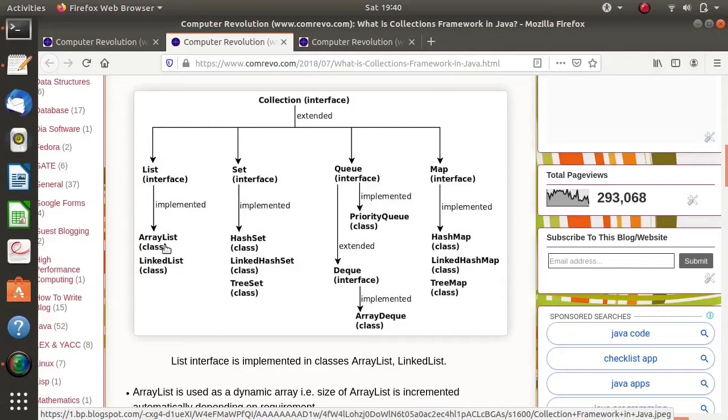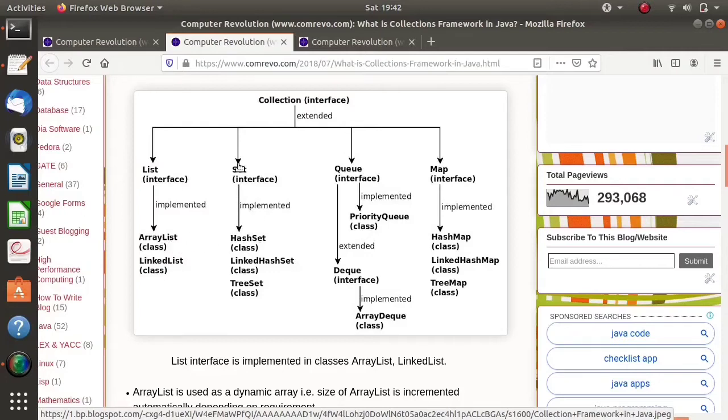Again, List is implemented by these two, the ArrayList class and the LinkedList class. There is a difference here too. The ArrayList class saves the values as an array, while the LinkedList class saves the values in terms of a linked list. You can repeatedly add elements in the array, so extra memory will get allocated for that. Normally the array that we use has a limited size, while ArrayList is a dynamic array, meaning as elements are added into it, its memory gets increased.